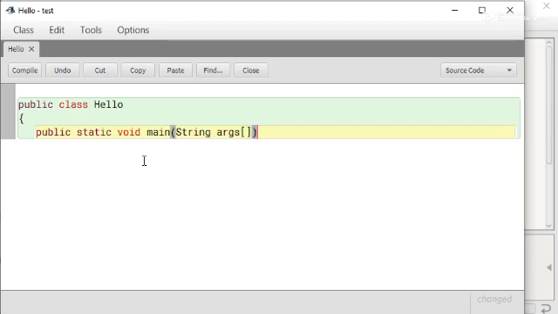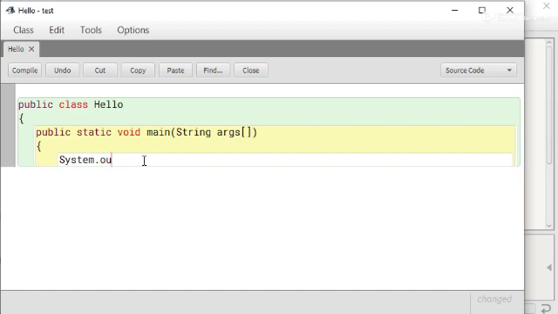After that, here we can use different mathematical methods, and to display result we just use a System.out.println and